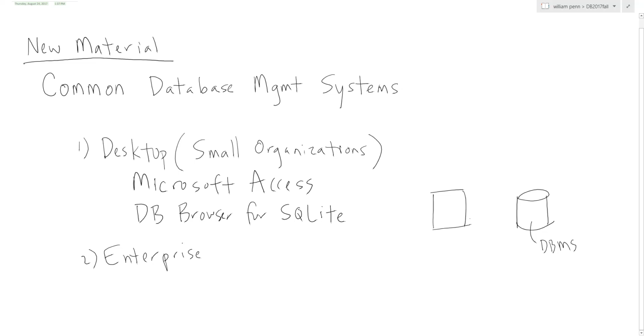Again, it can all be tied together in one, but usually under the hood, it's kind of separate. We've got some other app that we use to view all of the data in that database management system and get access to it, query it, that type of thing. So you could call that a browser, like this is called the DB Browser for SQLite. In the end, it's some sort of app